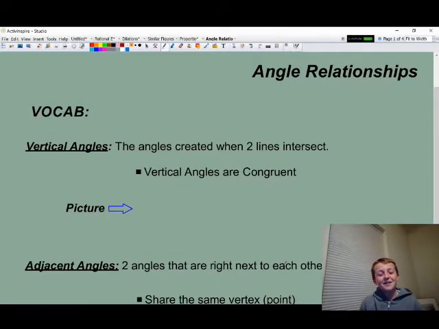Hi guys, welcome to my video, and today we're going to learn about angle relationships. And the first word is vertical angles. That is when the angles go